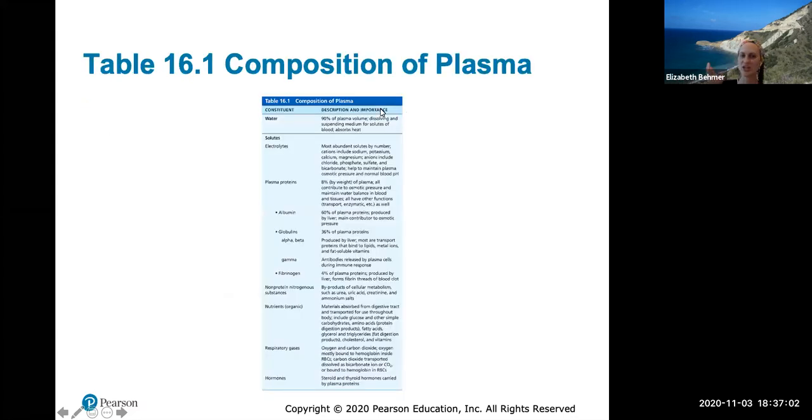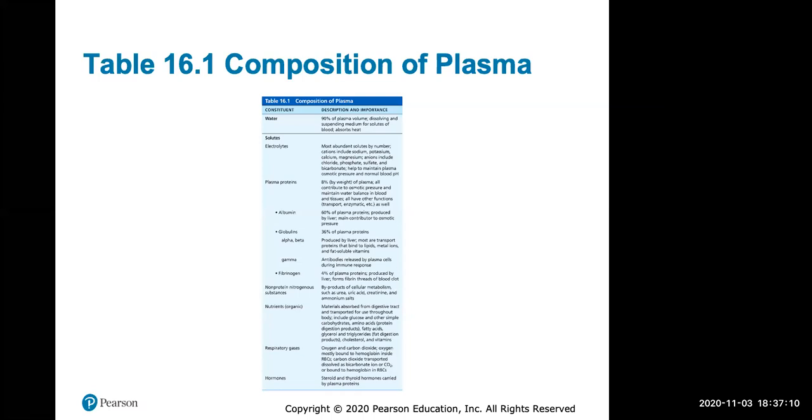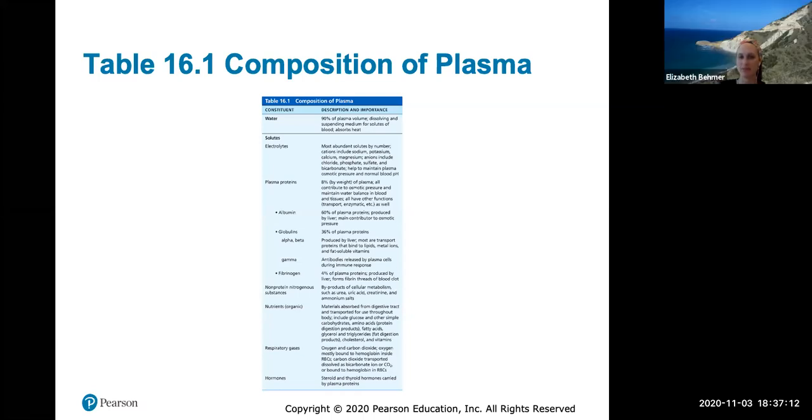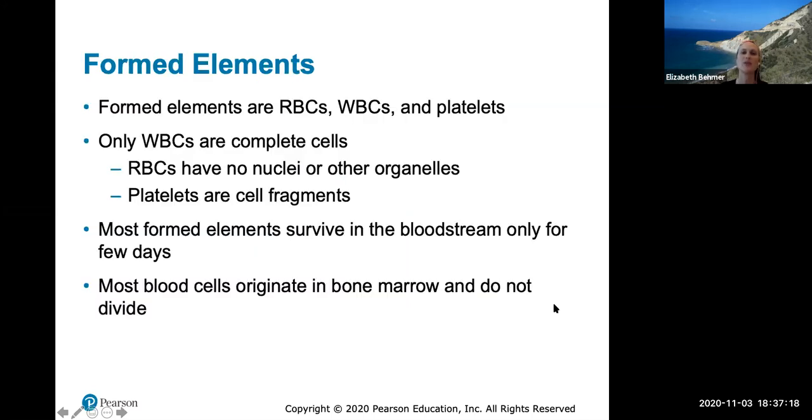So here's just a good summary table of the composition of your plasma and what it makes up. And again, most of it is water. You'll have electrolytes. Albumin, again, is the most abundant plasma protein. So that is plasma. So then we'll go to the formed elements, which are your RBCs, white blood cells, and